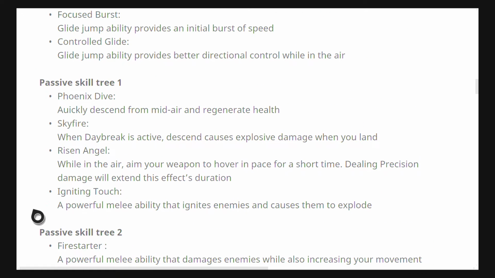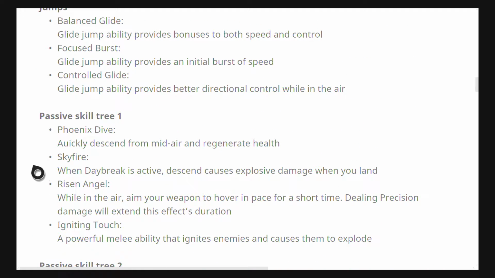And I think we just have the 2 passive skill trees left here. This is the first passive skill tree. The first ability is Phoenix Dive, which is to